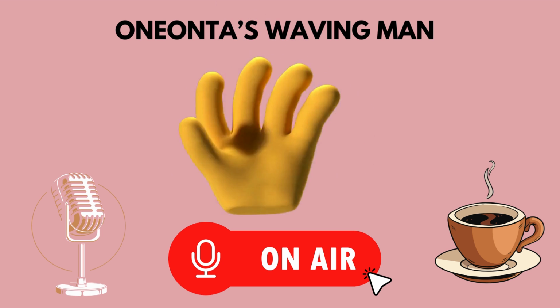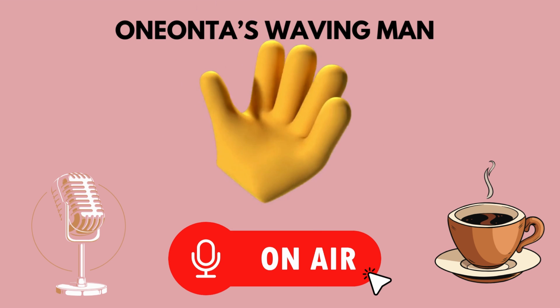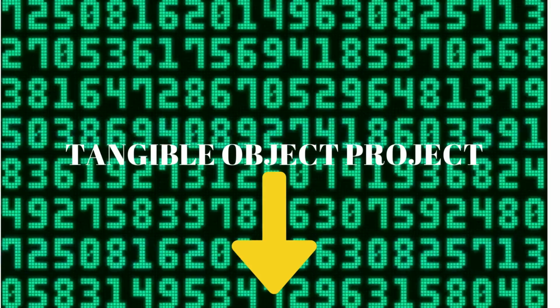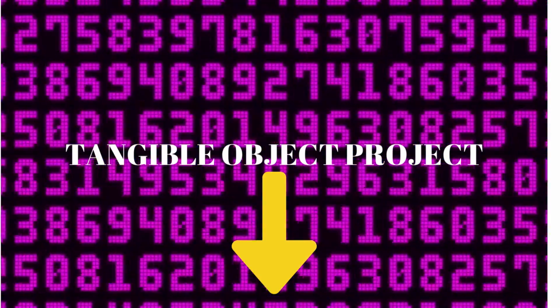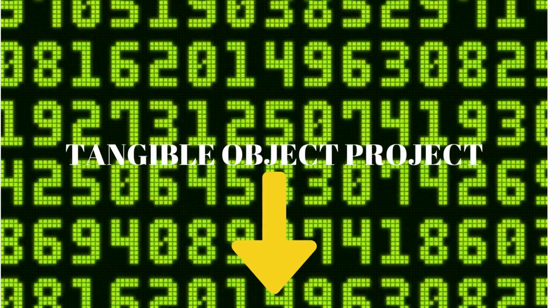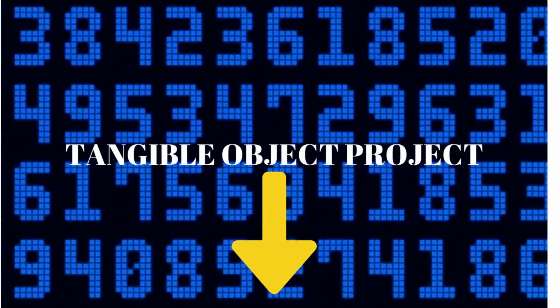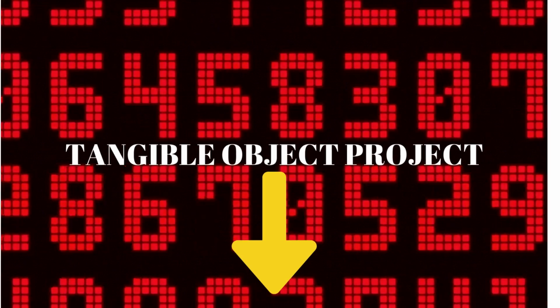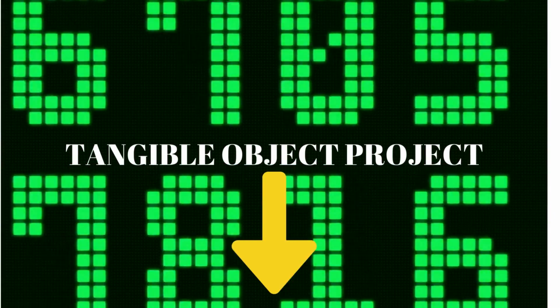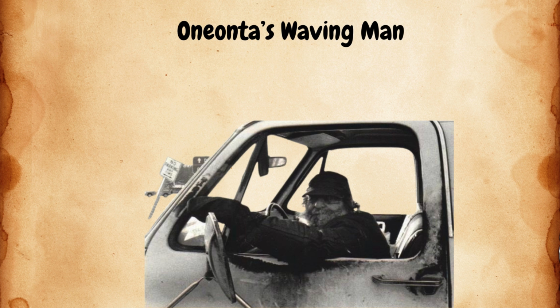So, yet again, for kids that want to sort of rack their brains for project ideas, the tangible object project list is in the descriptors below. Have them look at that and sort of talk them through. So that is that for the tangible object project. So let me get into my poem, and I'll debrief what I did with it. So it's entitled Oneonta's Waving Man, and that's an actual photograph of George Hemway Washington. So you get a sense of what he looks like. So here's the poem. I'll just give it a read, and then I'll debrief it with you guys.